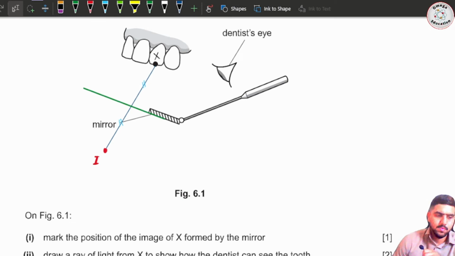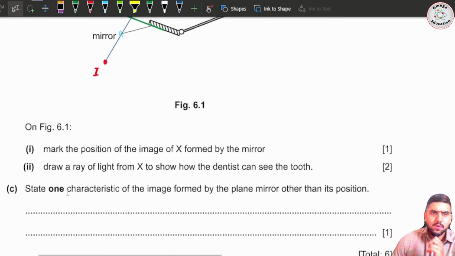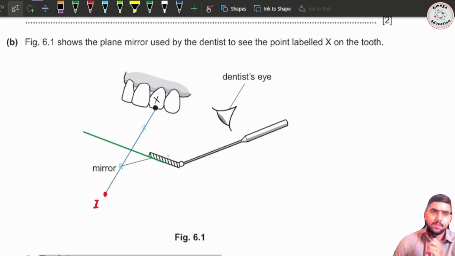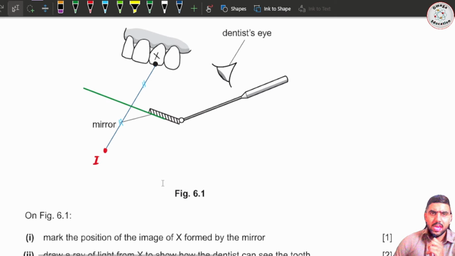All right, so now in the second part, let's take a look at part 2. Draw a ray of light from X to show how the dentist can see the tooth. All right, draw a ray of light. So what we have to do is, this is basically a case when the object and image are given. So all we have to do is, once you have located the image,